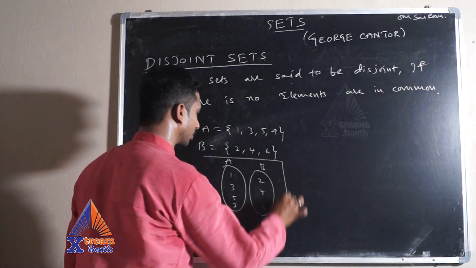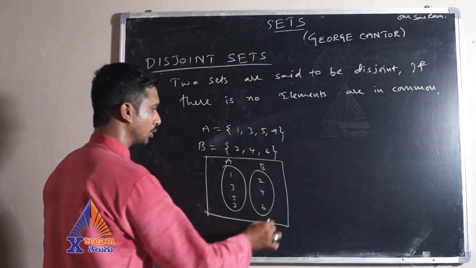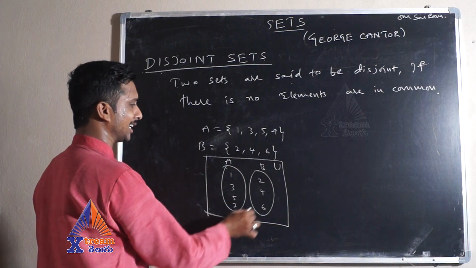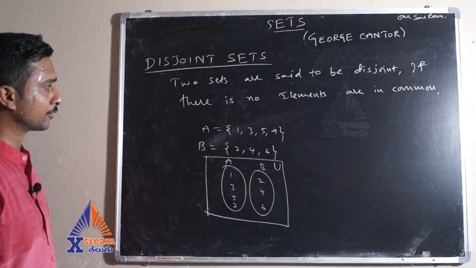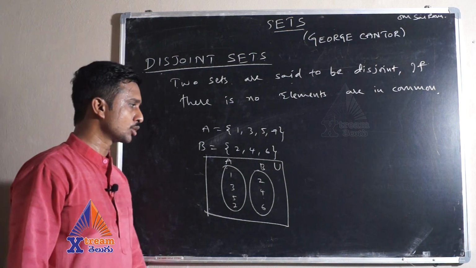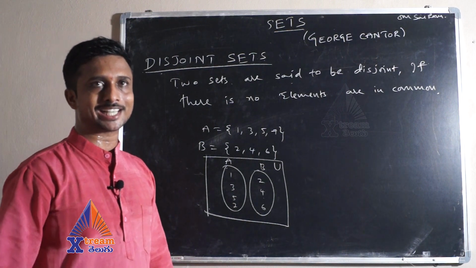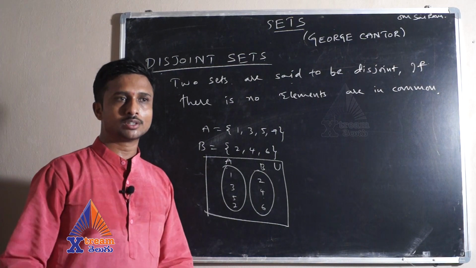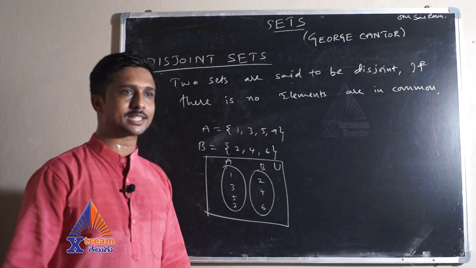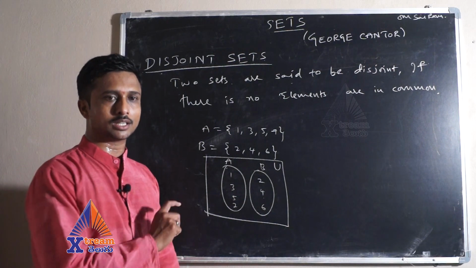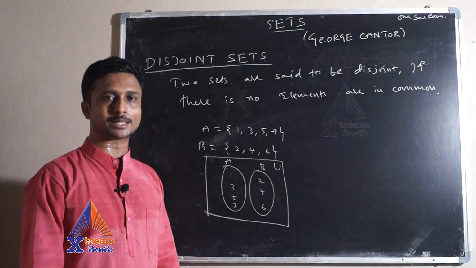So if you write this one as the universal set, this is set A and this is set B, this is a Venn diagram. So we are left with Venn diagrams. We'll discuss the Venn diagrams in the next video, and also a few more workout problems based on these topics, and complete the remaining section of the set problems.